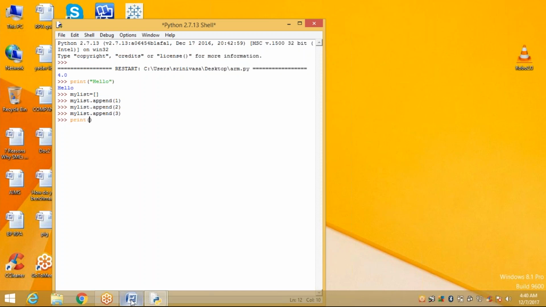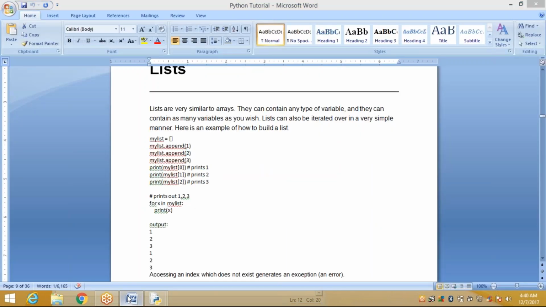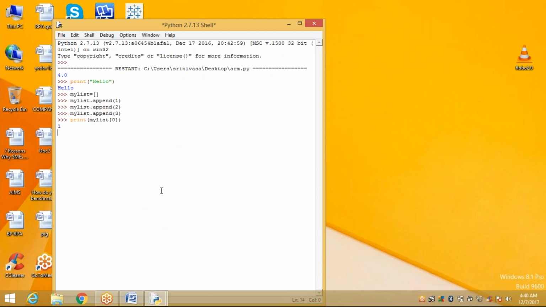What is that? Print my list array of 0, the first entry. So that displays 1.